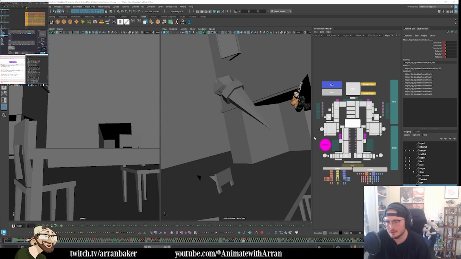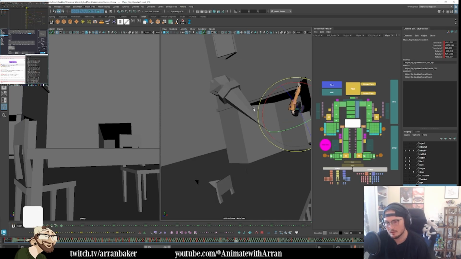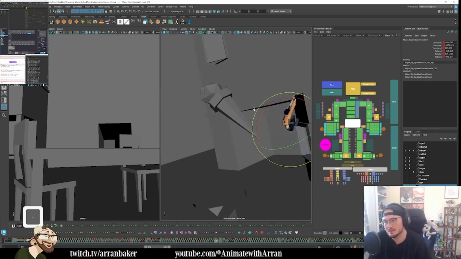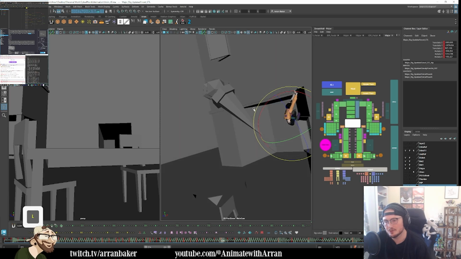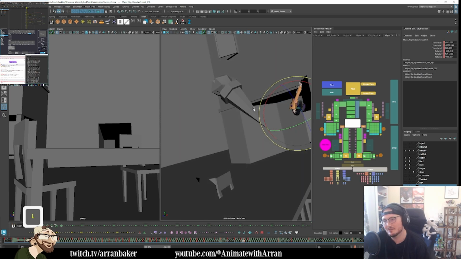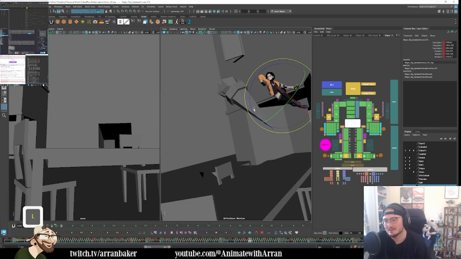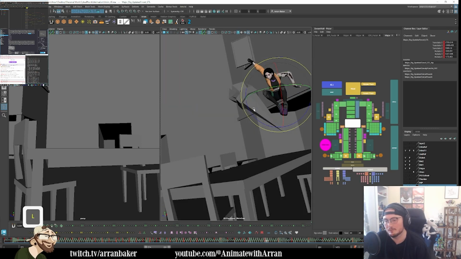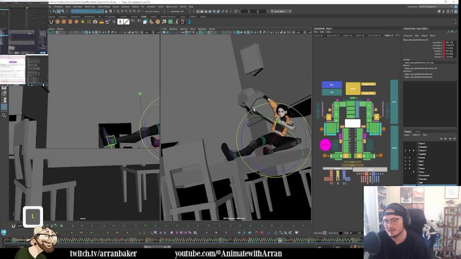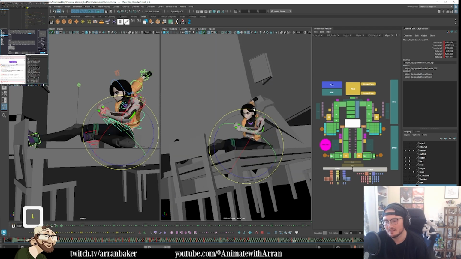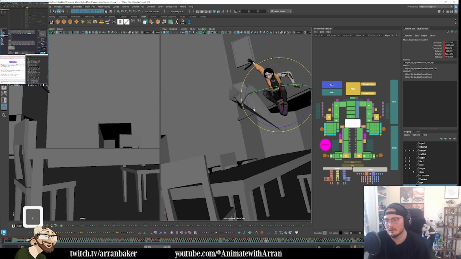For instance, in this case, if we have a look at my ease out, this is where we're starting here. I have 1, 2, 3, 4, 5, 6, 7, 8, 9, 10, just to hit the ease out. So 10 frames of ease out. Then we hit the breakdown another 5 frames later. But then as we ease in, that's only 4 frames later. And then we're going into the next breakdown. So again, a lot of it can play to rhythm as well. If there's a very specific timing you're looking for,